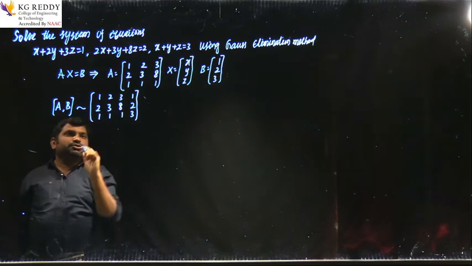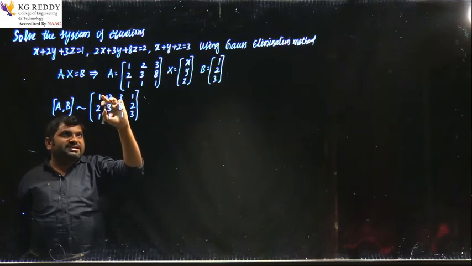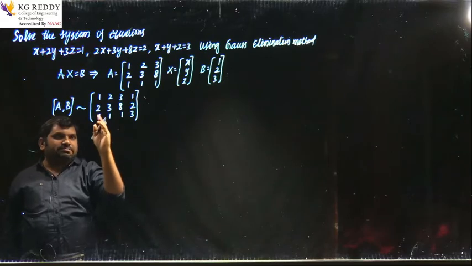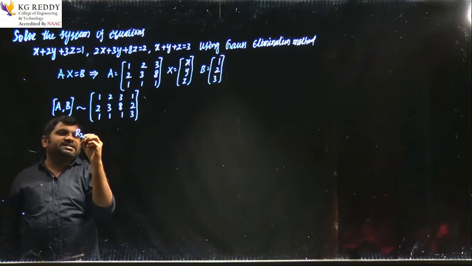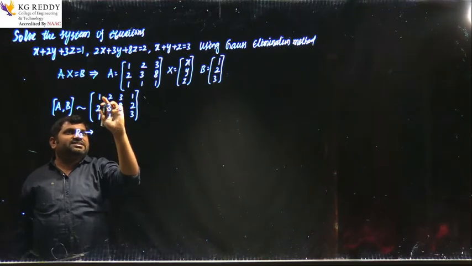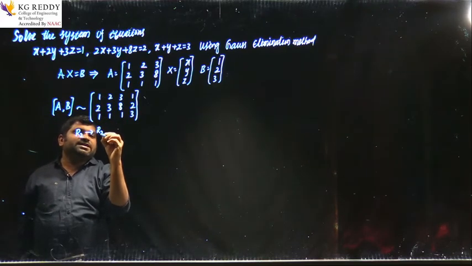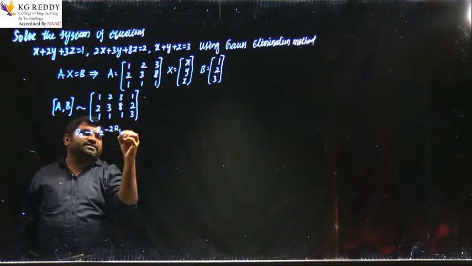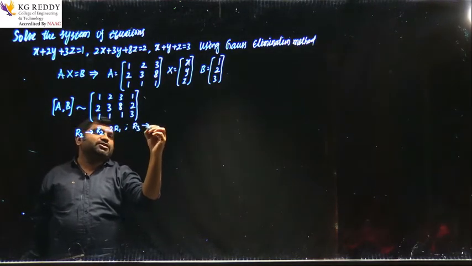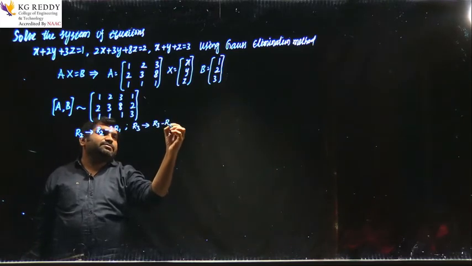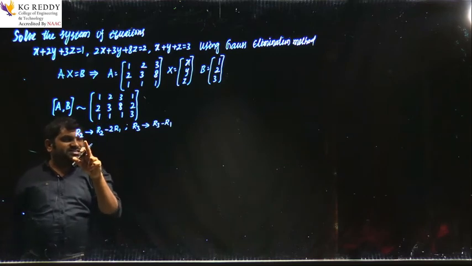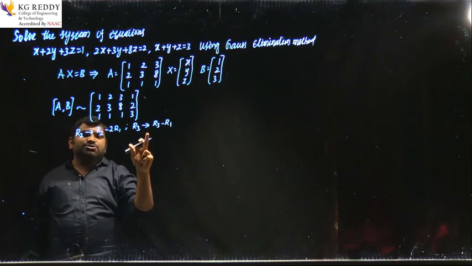Okay. So come to here, using the first element we have to make these two elements 0 in the first column. For that I am writing R2 and R3. In R2 we have 2, R1 is 1. So for this the formula is R2 minus 2R1, right. Next go to R3, the third row. So R3 becomes R3 minus R1, because 1 minus 1 will directly give 0. So here we are changing only the second row and also the third row.